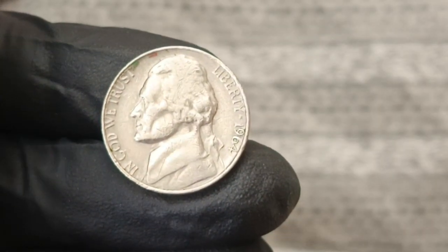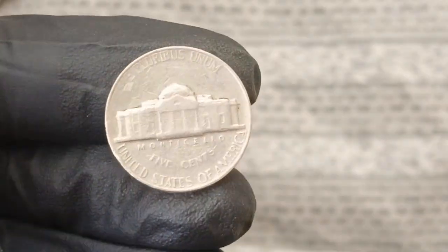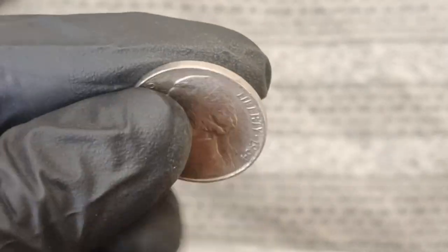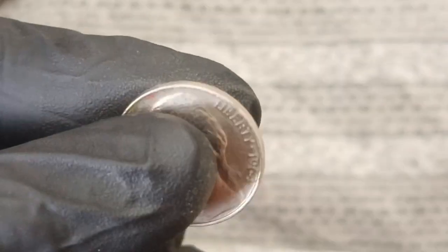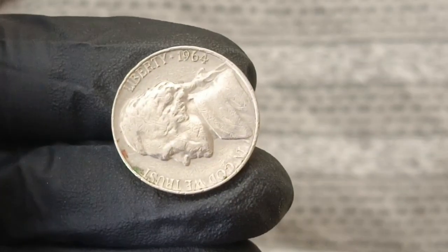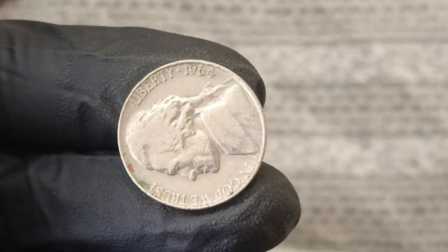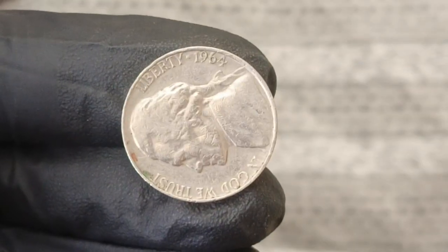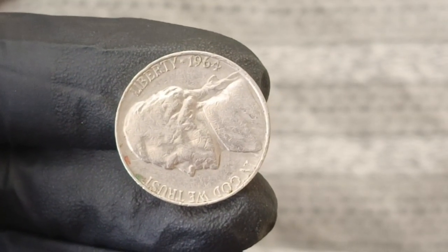have fetched millions in private auctions, and then there are double die obverse errors where Thomas Jefferson's profile appears doubled due to die misalignment during the hubbing process, most noticeable in the inscriptions like "In God We Trust" and "Liberty," making these doubled varieties especially sought after by advanced collectors who are willing to pay astronomical sums for sharply struck examples